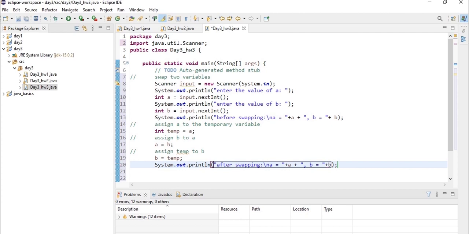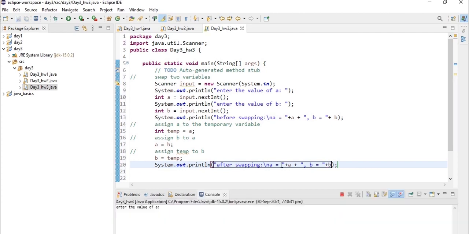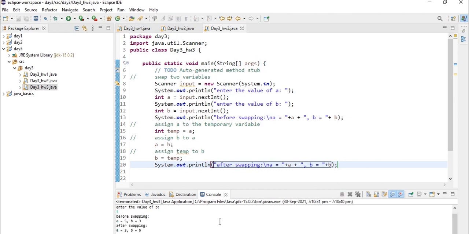Now let's execute the program. First, it's asking to enter the value of a, let's enter 5, and let's enter the value of b as 3. So before swapping, a is 5 and b is 3, and now after swapping, a is 3